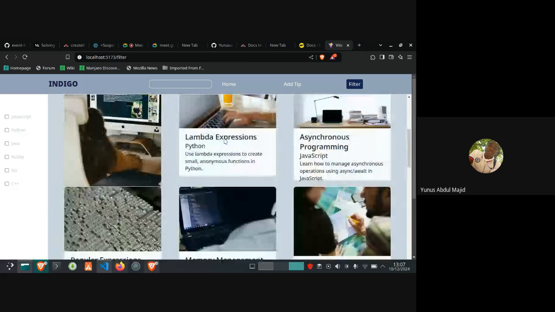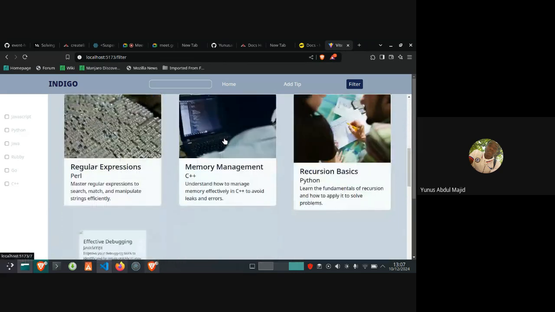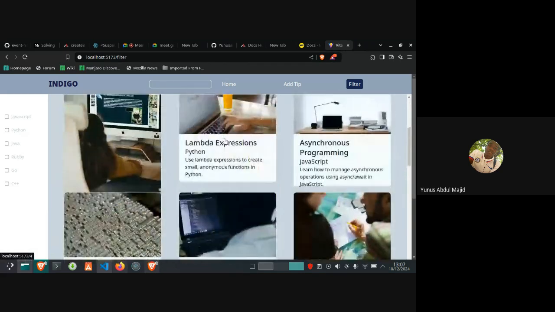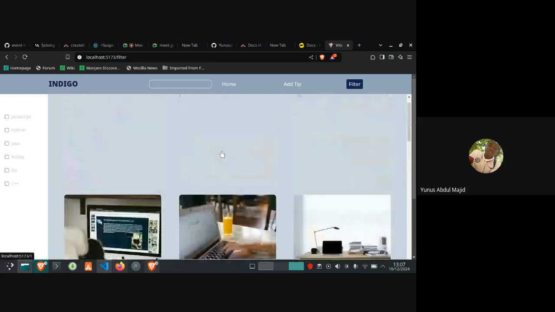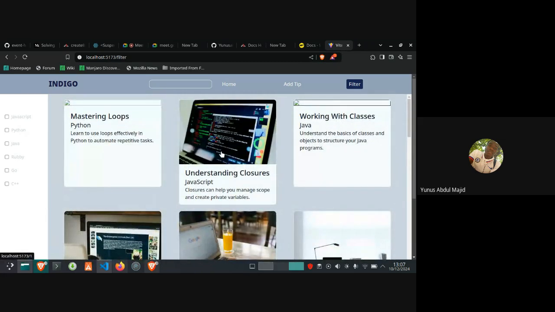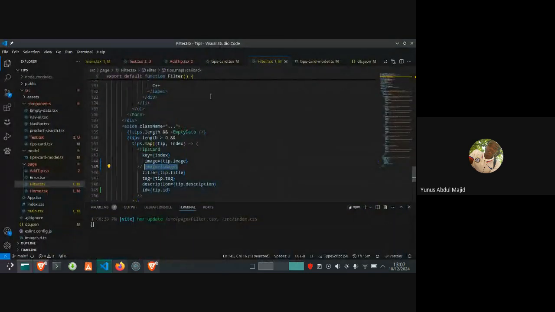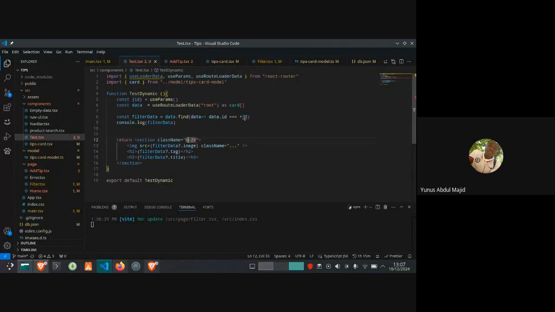In a situation like this, I need to set a height so that it won't overflow. So this kind of thing happens sometimes, which is why testing is good before deployment. So that is that on dynamic route. This error is here because, like I said, of TypeScript that I'm using for this project. So I need to set the types.